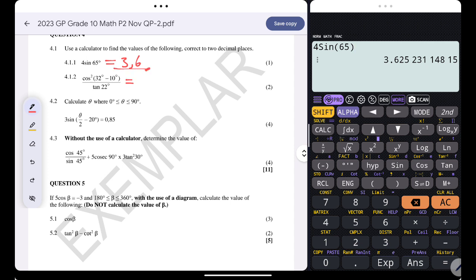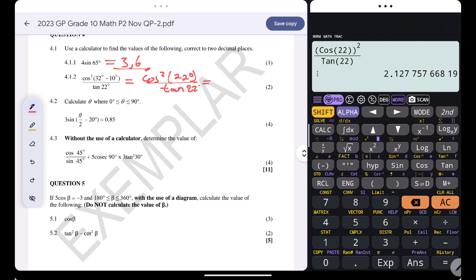and then this one, before I even start working, I need to deal with the brackets there. 32 minus 10 degrees is 22 degrees. This is all over the tan of 22 degrees, right? And then whenever I punch my calculator, I have the cos of 22 degrees. It's squared though, and then at the denominator I have tan of 22 degrees. This entire thing will give me 2.1